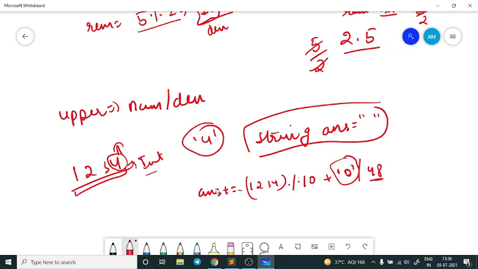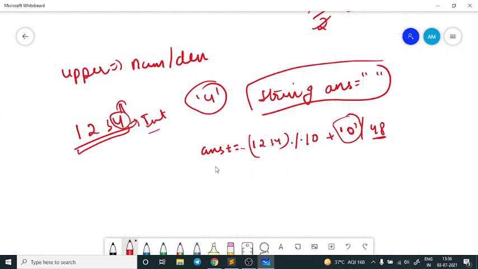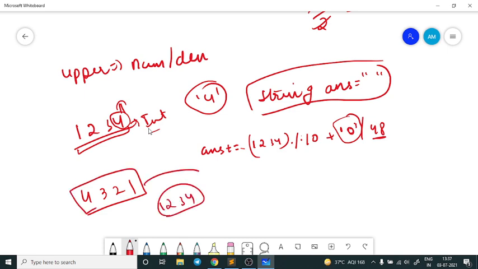Now, before returning this answer or the string conversion of this upper part, one thing we should note here is that since we are extracting the digits from the last, the final string that I would be getting would be 4 3 2 1. But the actual answer should be 1 2 3 4, right? So for that I have to reverse this string.